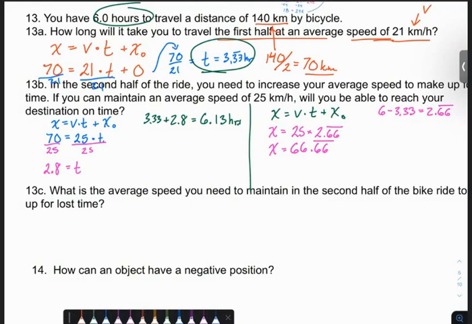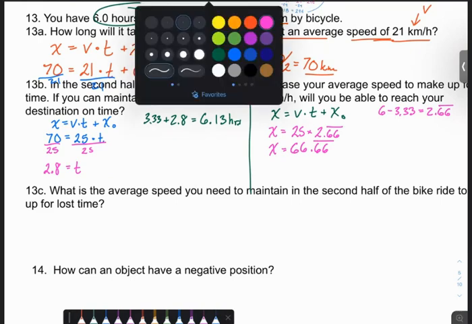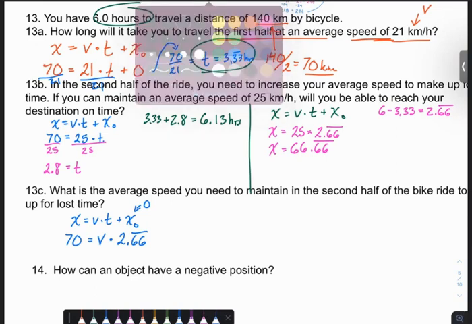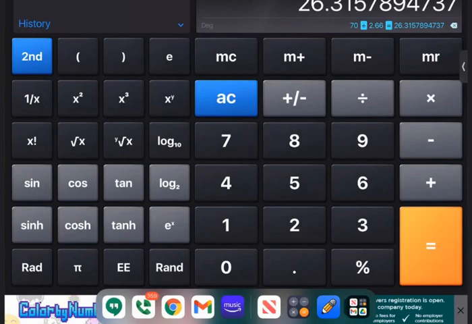And then the last one is, what is the average speed you would need to maintain in the second half of the bike ride to make up for lost time? And so again, I start with my equation, and I need to go a distance of 70 kilometers. I want to know what my velocity is. And the time that I have left to do it in is that 2 2/3, so 2.66 hours. My starting position is 0, because I like to say that I start at 0. And then I can do 70 divided by the 2.66, and I get 26.32